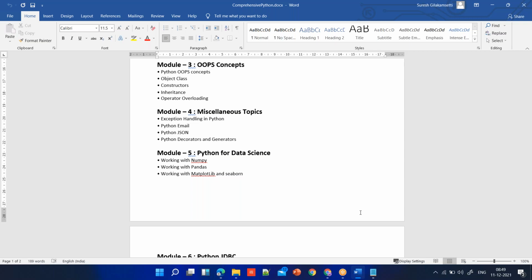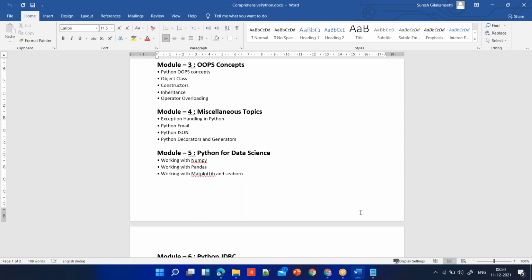And then we'll talk about exception handling, decorators and generators, right? And then we'll start with Python for data science. So what are the domains or areas we talked about, like data engineering, data science, web application? You have different modules in Python, guys. Whatever we have learned till module 4 would be generic Python.